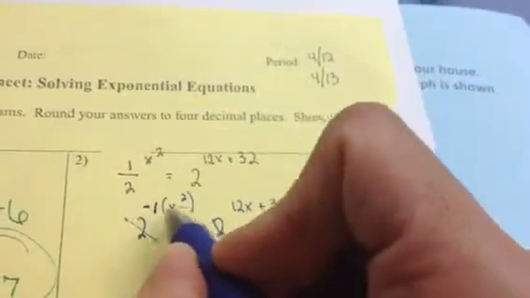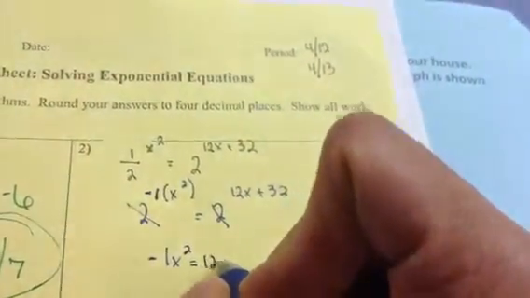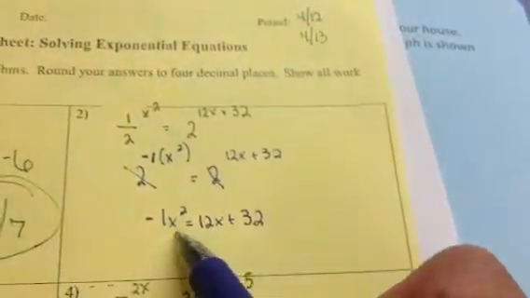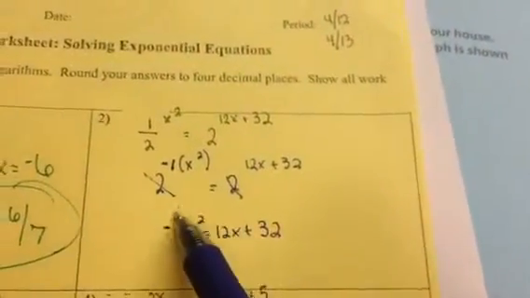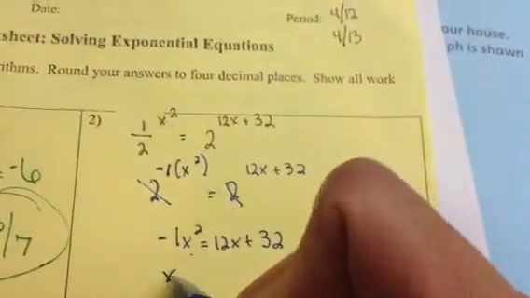And now that the bases are the same, you can ignore those bases. I'm going to go ahead and multiply those. And now I need to solve for x. Since there's more than one type of x, I'm going to want to factor, and it's better to have my leading term be positive when I factor. So I'm going to add this to the other side,